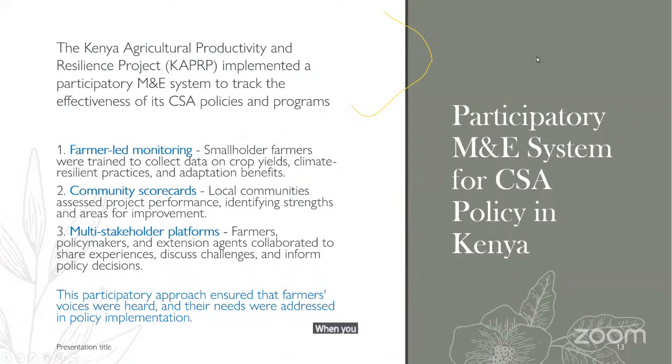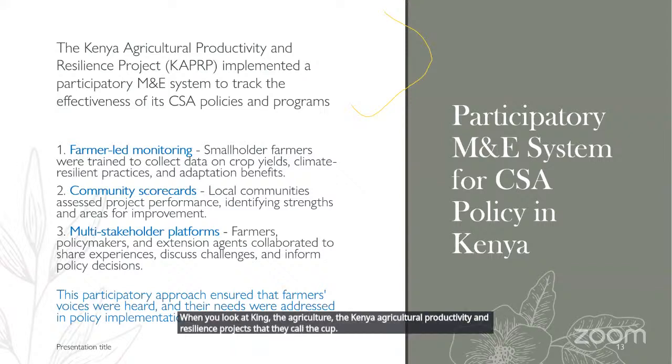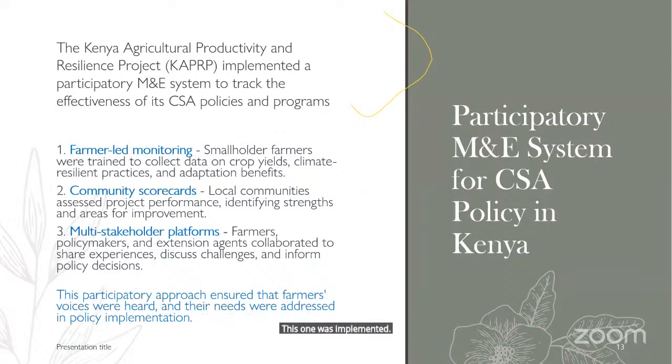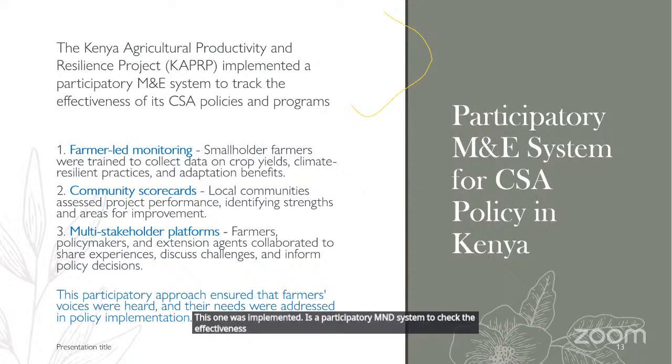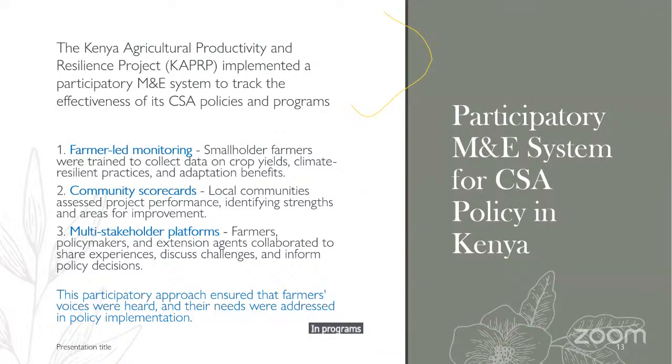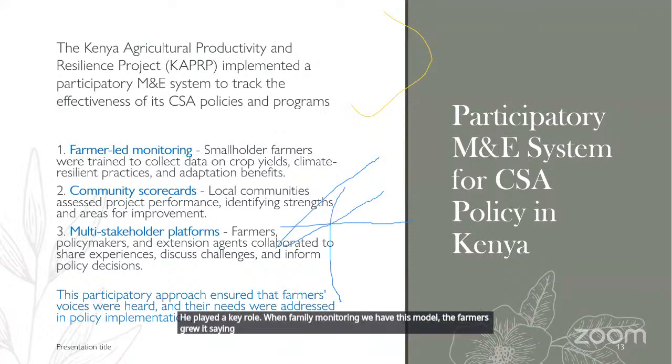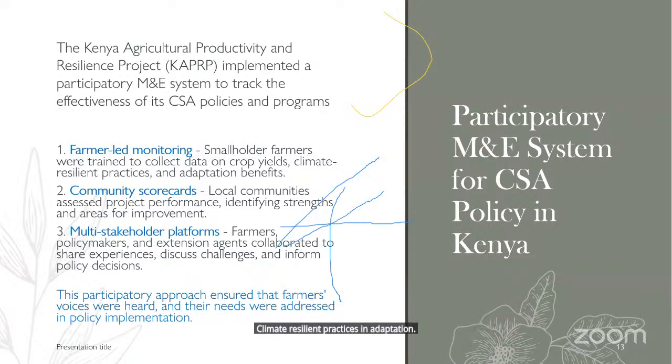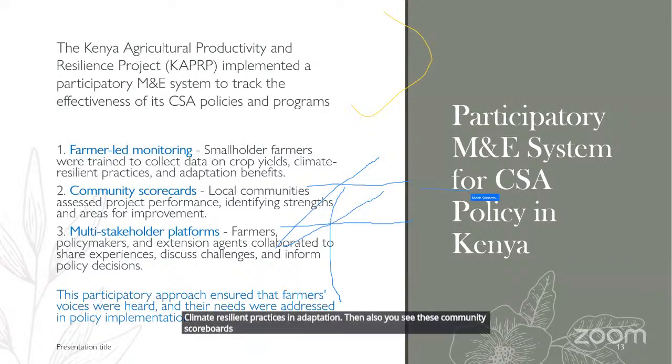When you look at Kenya, the Kenya Agricultural Productivity and Resilience Project that they call the CAP, this one was implemented as a participatory M&E system to track the effectiveness of the CSA policies and programs. So the general discussion that you see in this paper is that farmer-led monitoring played a key role. On farmer-led monitoring, we have the smallholder farmers who were trained to collect data on crop yields, climate resilient practices and adaptation. Then also you see these community scoreboards whereby local communities assess the project's performance in identifying strengths and